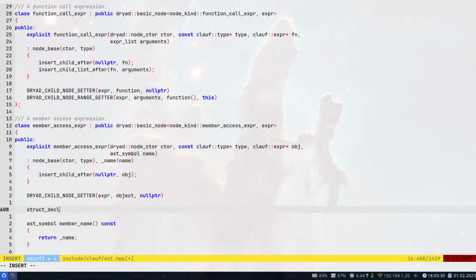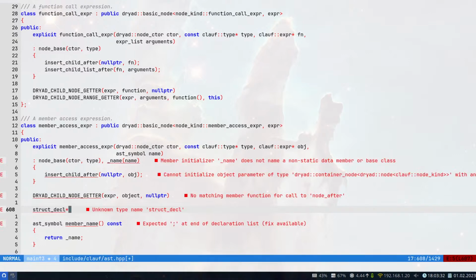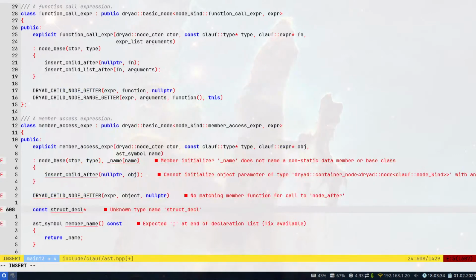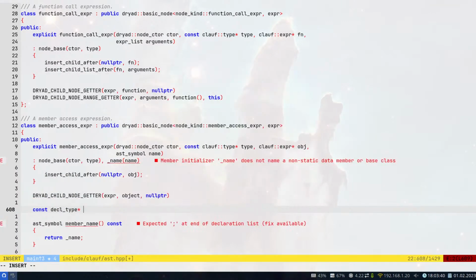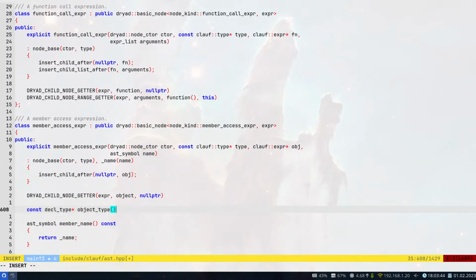We've got struct decl. We don't have that at that point. I can at least do that, because it could be a union. Anyways, so